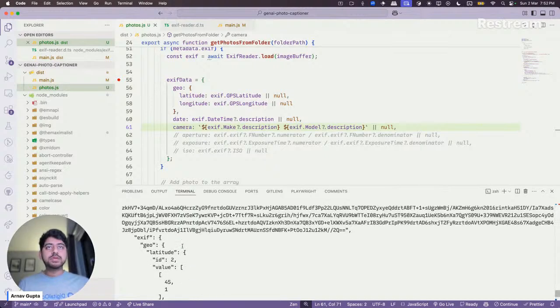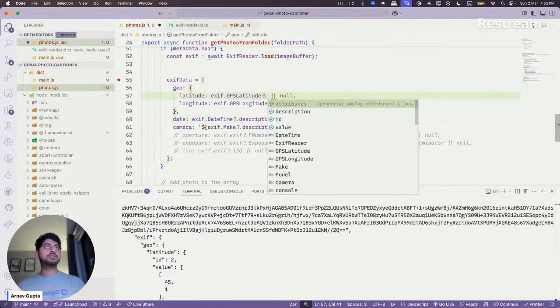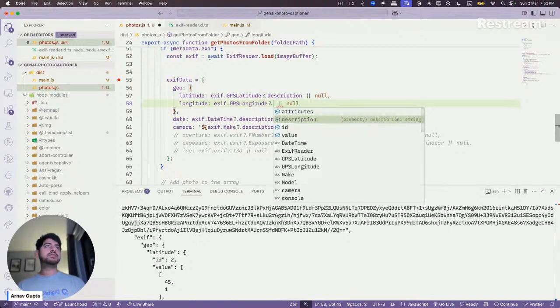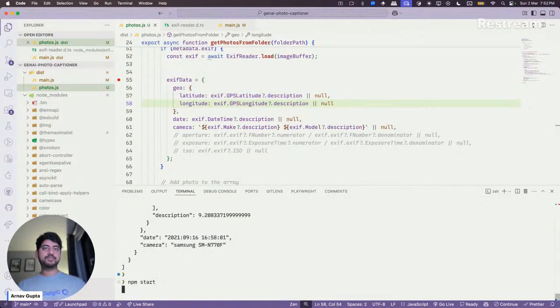Longitude description should be enough, I guess. Okay, GPS description. Cool.